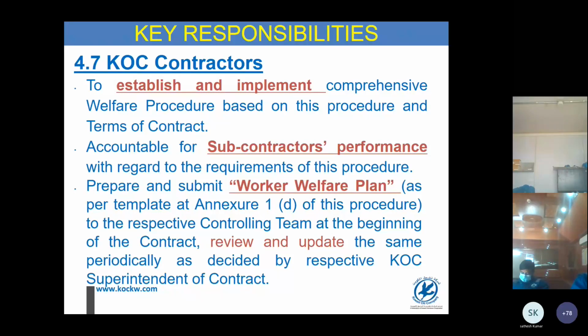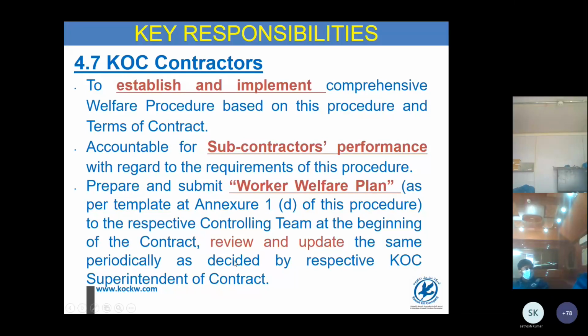Do not think that I have given the subcontract to somebody and it is his responsibility, but you are accountable. If he is not doing it, KOC will ask you, not the subcontractor. And prepare and submit the worker welfare plan. We already received some of the worker welfare plans actually, and they'll be reviewing and updating the same as required